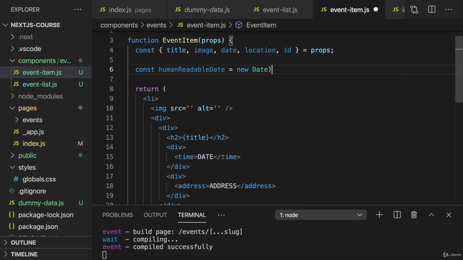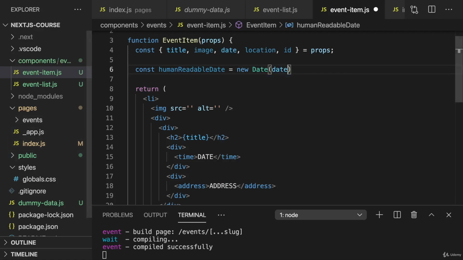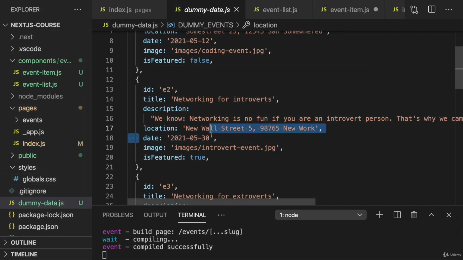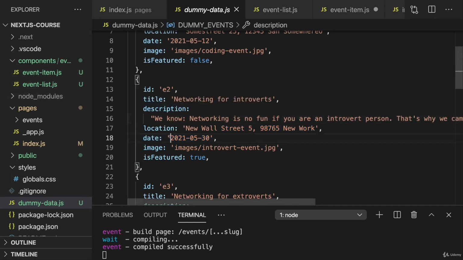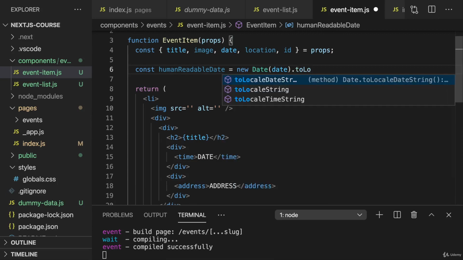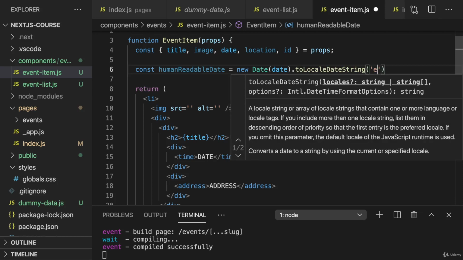And for this, I'll create a new date object and pass date to it, because date, as we're getting it here, will have this format, which is kind of human readable, but not really pretty. But thankfully, that is a format which we can pass to the date constructor to turn it in a JavaScript date object. And on such a date object, we can then call toLocaleDateString